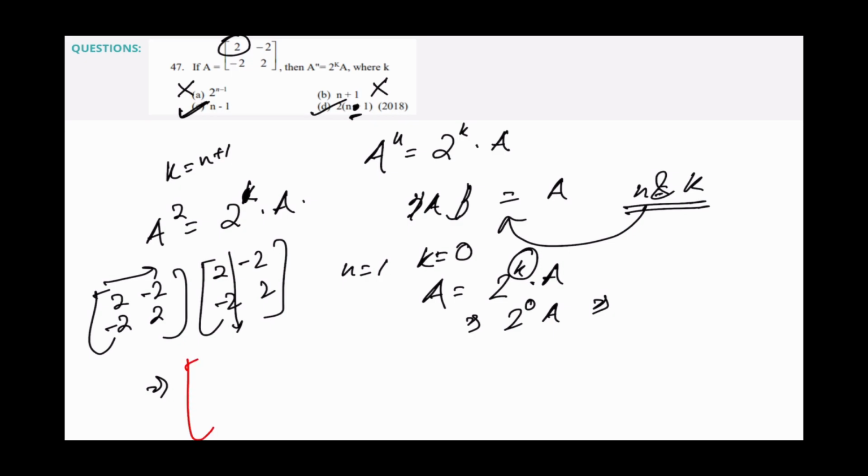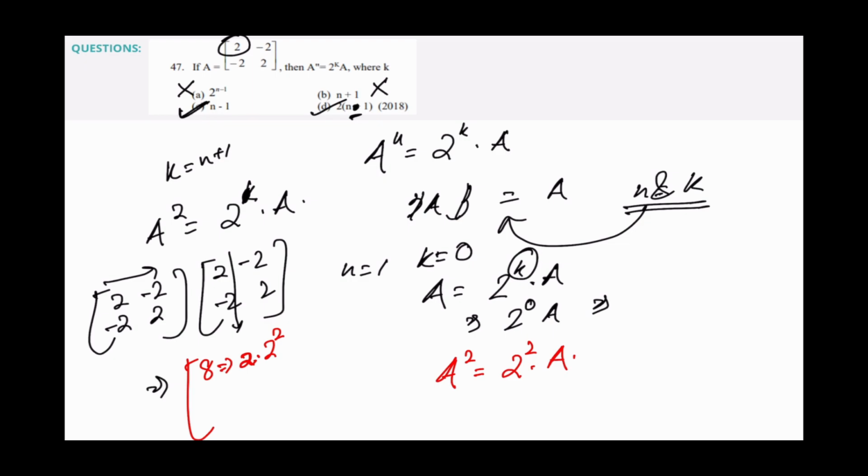What you'll get: 2 into 2, 4, and again plus 4, so 8 you are getting. So 8 can be represented as 2 into, because we need this 2 outside, 2 into the element 1 and 2 squared, so basically 4. So 4 is coming out. So what you can say is A squared is equal to